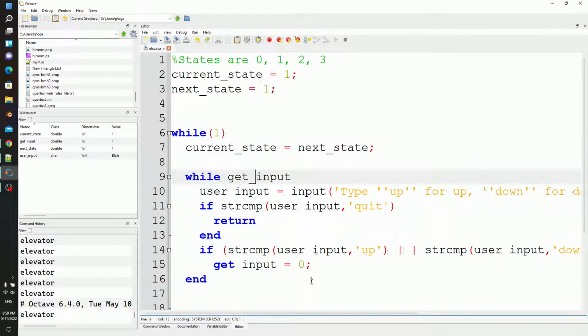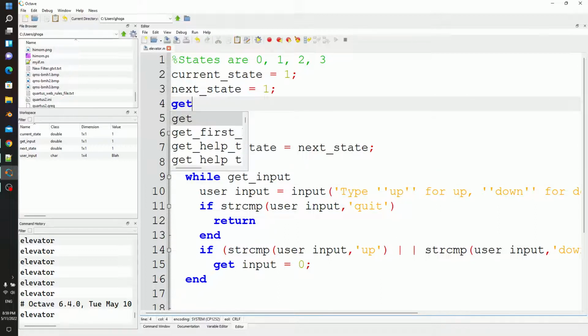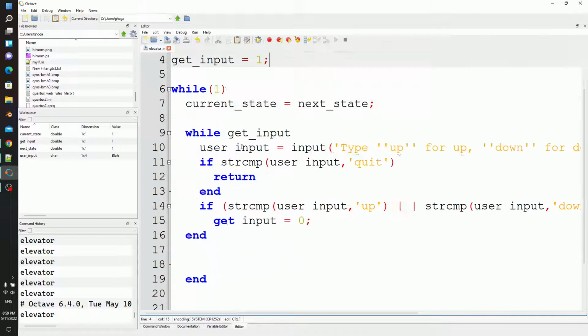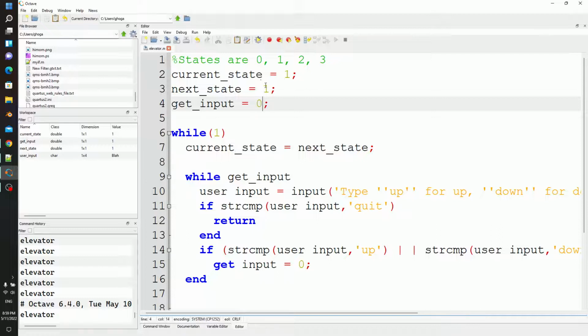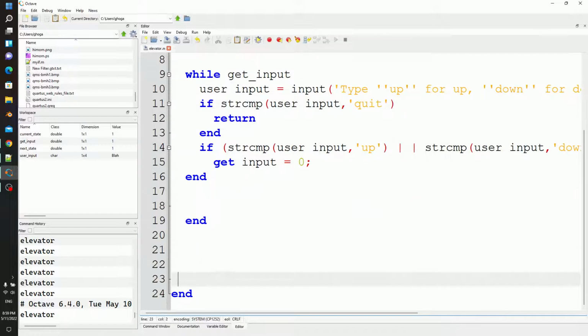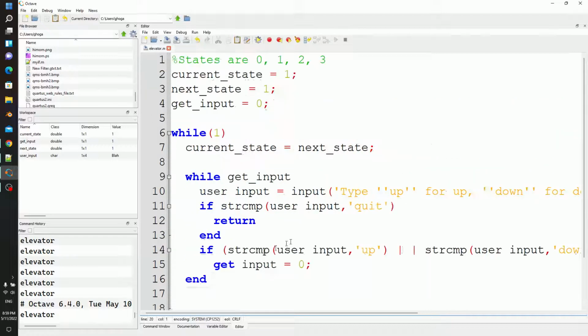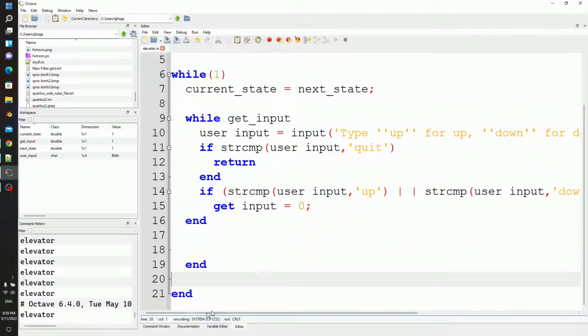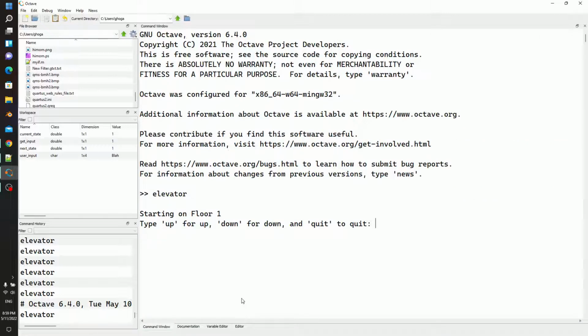Okay. So what's going on? First of all, I'm going to have this variable called get input. What get input does is it tells me whether or not I need to get input from the user. There's probably a more elegant way to do this, but I don't know off the top of my head. This was the first thing I thought of. So this is what I'm going to do. You see right now, if I set this to 0 and I save this and try to run this code, well, first of all, this is an infinite loop. So I'm going to save this and come run this. Oops, it was already running somehow. If I run this,